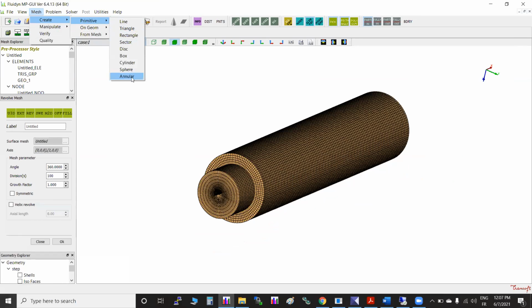Each has some window to fill in some inputs. You give some input and just try to check. At worst, it will not generate anything, or it will generate a bad element, bad mesh. So it doesn't matter, but for practice, you can easily check it.